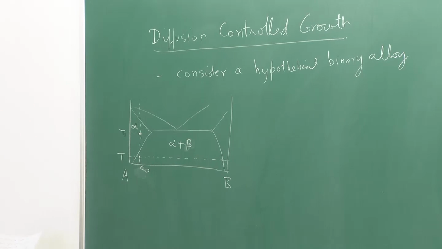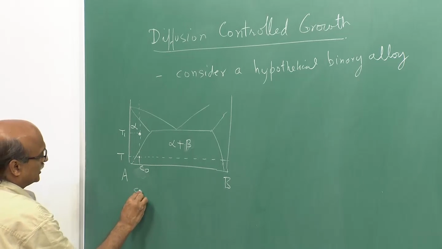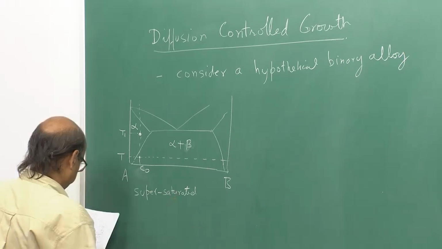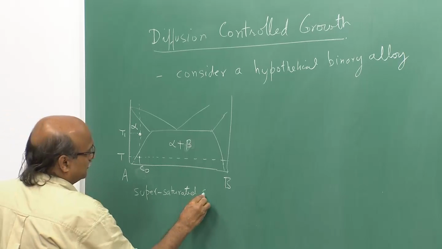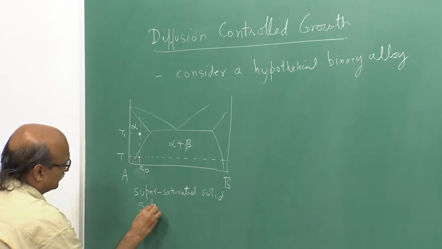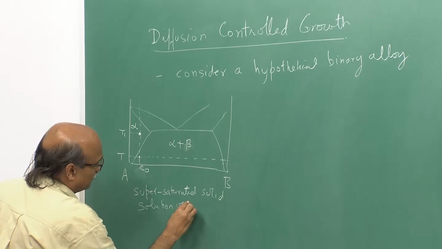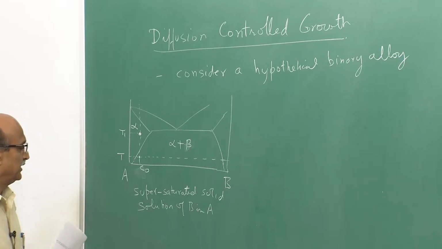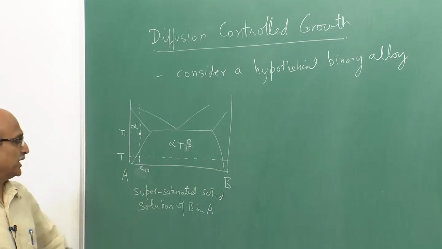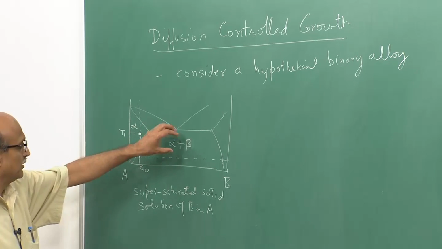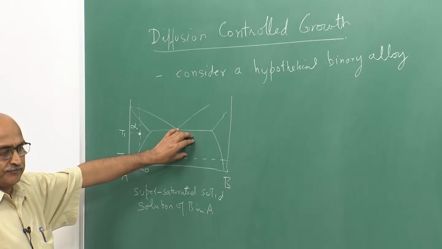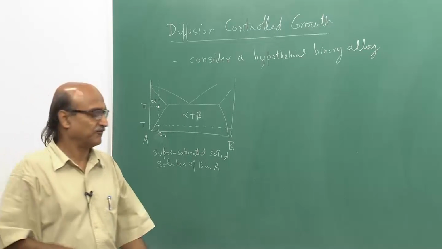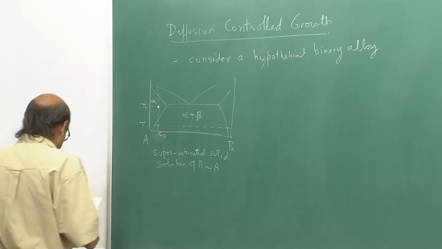So, what we have now is a supersaturated solid solution of B in A, and hence this supersaturated solid solution will tend to break and beta nuclei will form at this temperature T, and once a stable nucleus forms, that phase will tend to grow then. So, beta precipitates will grow,